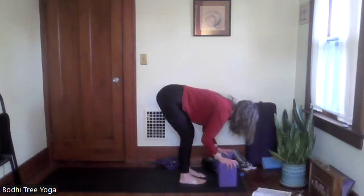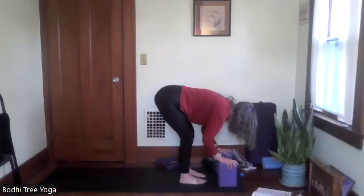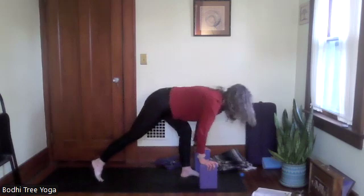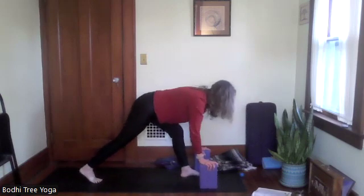Fold over your hips here, surrendering to that sense of earthiness, ground beneath you. Breathing into the back body. Now let's take the right foot back and we'll come onto the ball of the right foot for a moment